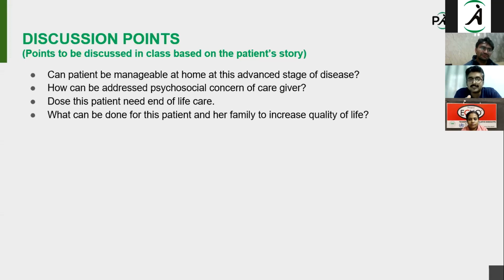That will include patients who are having imminent death, incurable progressive disease, or a patient who is expected to have a life-threatening complication during the course of the disease. All this can come in the broad category of end-of-life care. So you will be talking about a patient who is nearing death, I mean, a patient who is probably going to die in days or weeks.